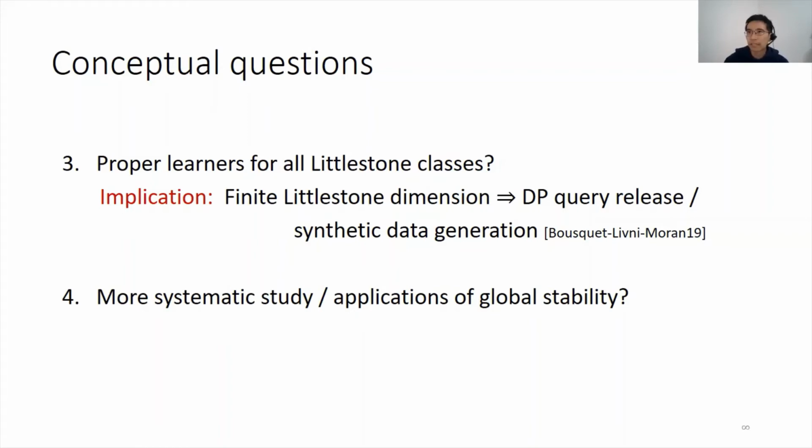An affirmative answer would have interesting consequences for private algorithm design. It turns out that a proper private PAC learner for a class H can be used to privately approximate the expected value of every function in H on a sensitive data set. This is equivalent to privately generating synthetic data, which is as useful as the original data, at least as far as the functions in H are concerned.